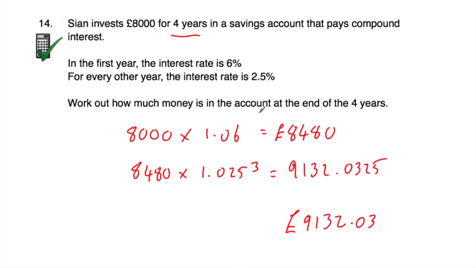And that's it. So how much money is in the account at the end of the 4-year period? The answer would be £9,132 and 3 pence. And just to recap that, what we did was we increased by 6% to begin with